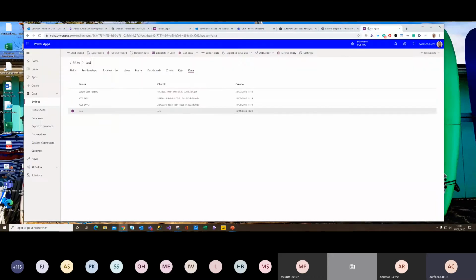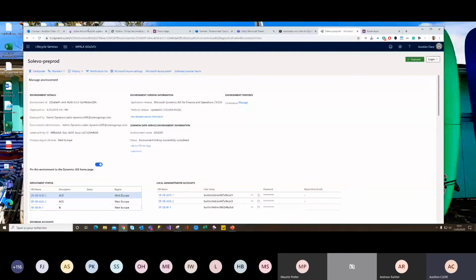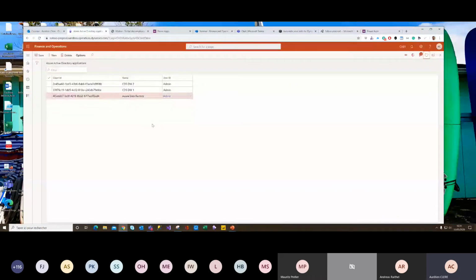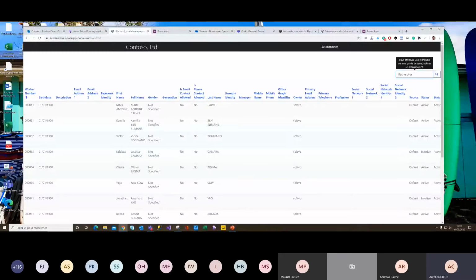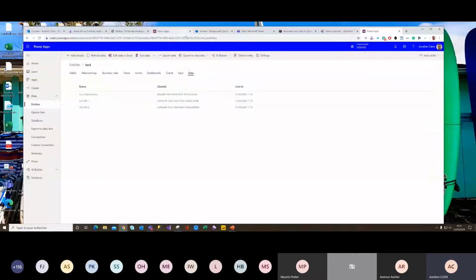And of course, I've had a question also from a customer if it handles the delete record. Normally, you don't delete records in production, but still, if you delete a record and I go to my finance operation, it's deleted also. So it handles update, create, and delete. Really helpful, as you can see, even for custom entity mapping.